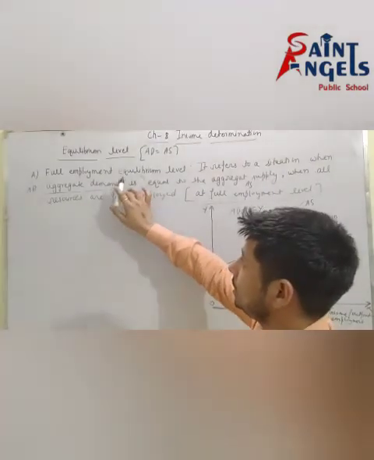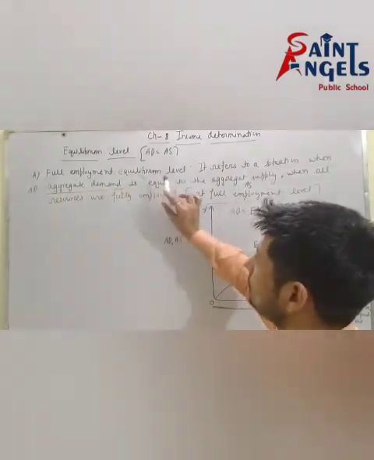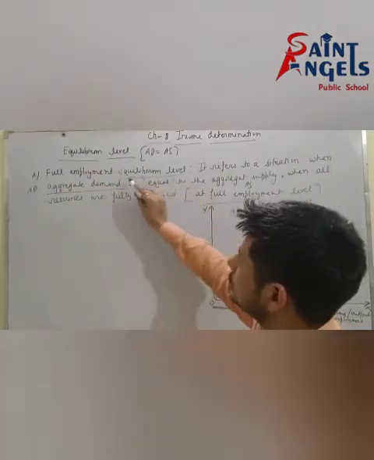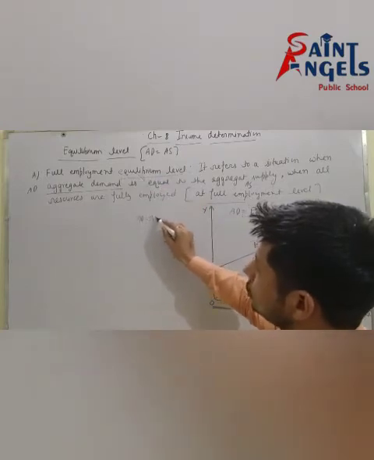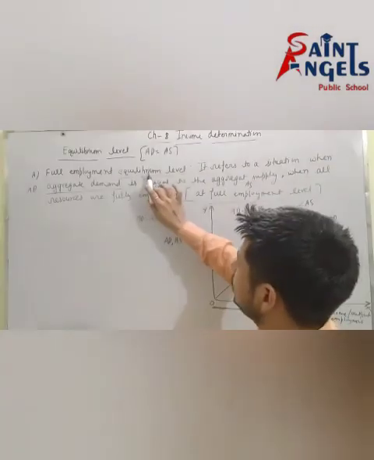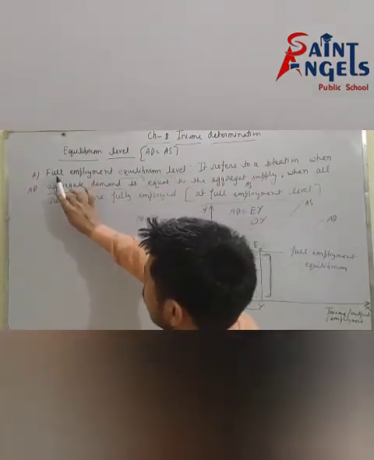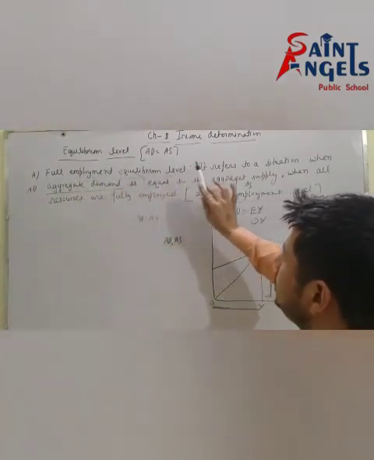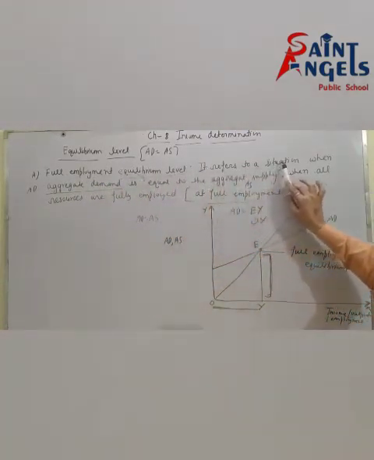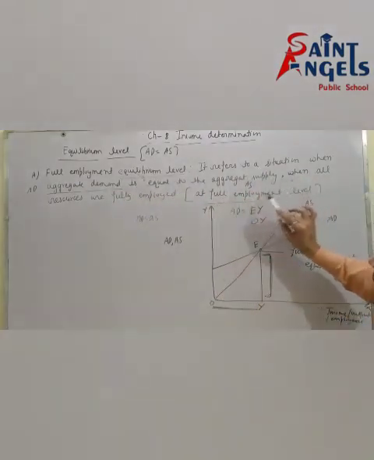But here we are studying full employment equilibrium. So what do you mean by full employment equilibrium level? Full employment equilibrium level means it refers to a situation when aggregate demand is equal to aggregate supply at